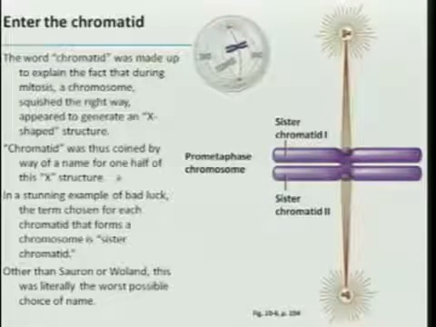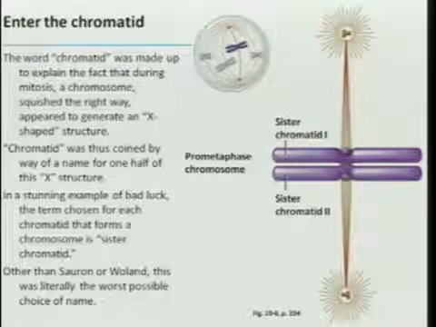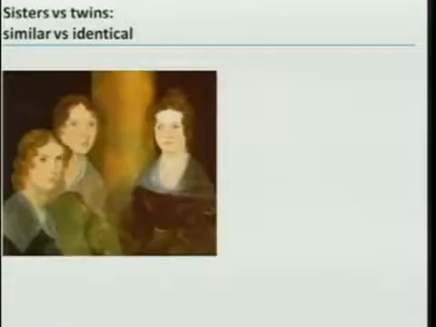Other than Sauron or Voland, this literally was the worst possible choice of name. And let me explain why. By show of hands, I don't suppose any of you by some miracle know who these are. Please. The Bronte sisters, good for you, I'm very impressed. Charlotte, Emily, and Anne, the authors of Jane Eyre, Wuthering Heights, and other classics of English literature. Now, I'm very impressed with the fact that you knew this. Incidentally, if I had shown you this picture and asked you who these are,